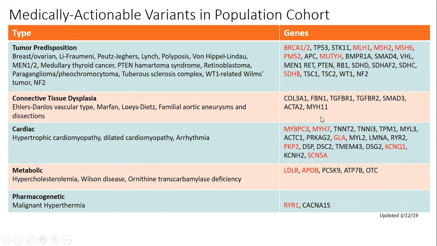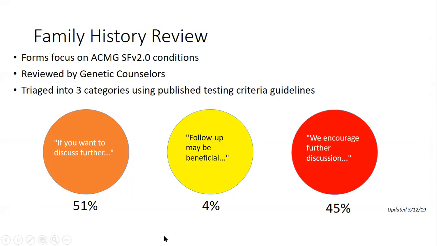The ones in red, we've returned results. That gets done through a genetic counselor. Our rate of return is about 1.4%, which is right where we thought it would be. We had estimated between 1 and 3%. There's also a family history questionnaire. Our genetic counselors review it. And some people who have non-informative findings will still have a family history that's concerning, and we notify them about that.